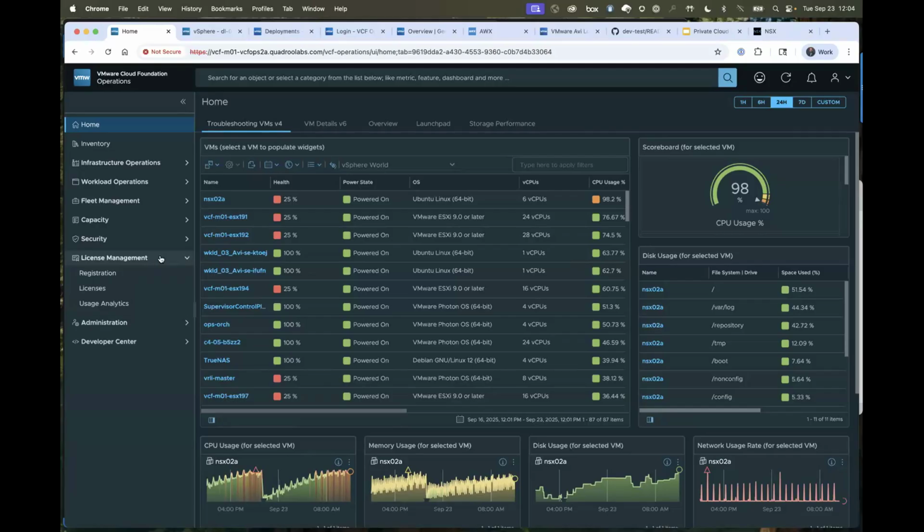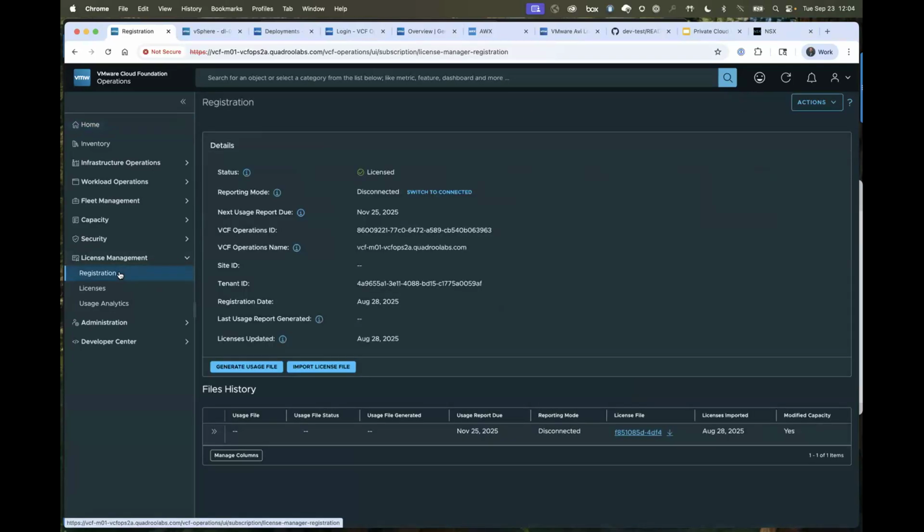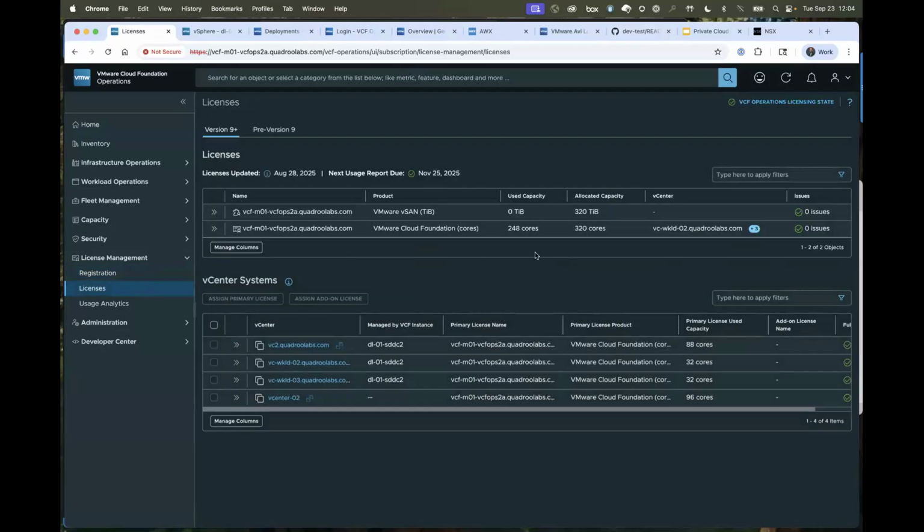One thing that is being moved into Ops is the management of your licenses across the environment. There are a couple different ways to register Ops with Broadcom. You can either do it in a connected mode, or you can do it in a disconnected mode, which is what I'm doing here. That's great for a dark site or an environment that does not have access to the internet. And the way that you would do this is you're going to register with the Broadcom portal. You are going to select a site ID where your licenses are located. And then your license entitlement will be downloaded directly into Ops.